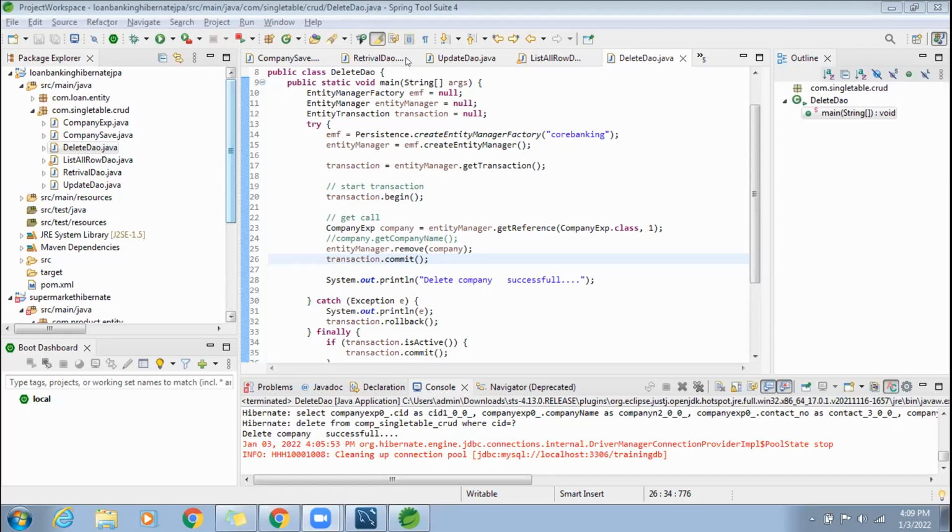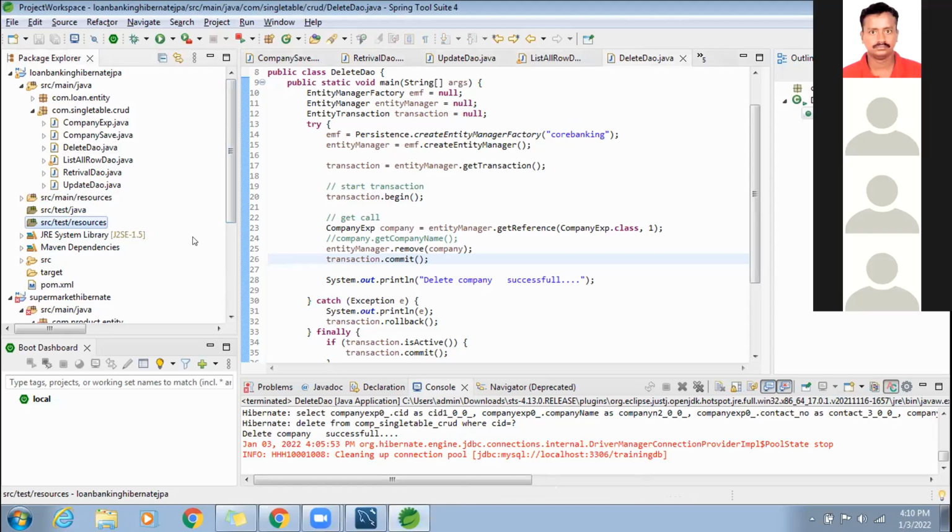So you are going to do it in the same project. In the same project, you are going to create another entity, like a company save, and you are going to create another, an employee save. See, persistence.xml is going to be the same for all of them. In your project, there may be 100 tables, but the database has only one.